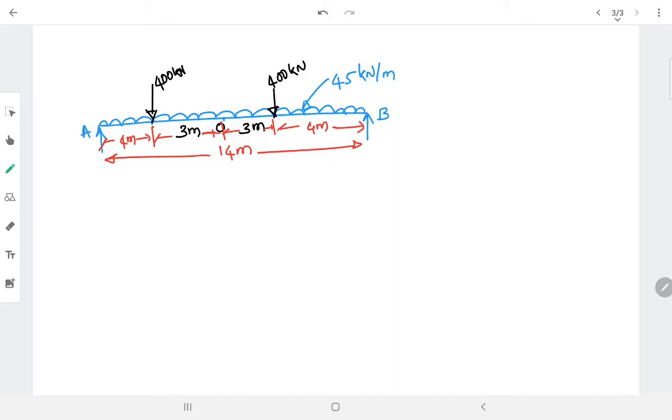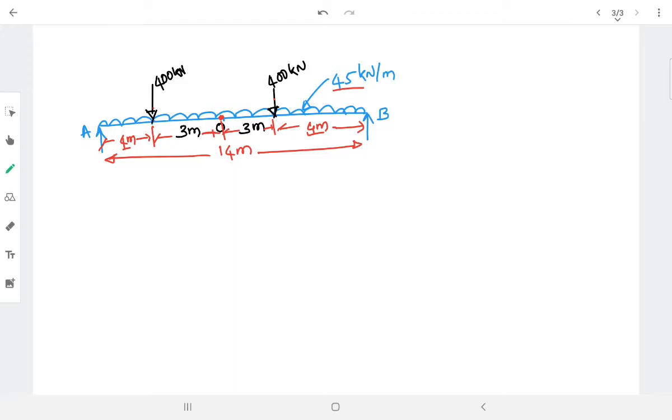So this is the line diagram of the plate girder on which the loading is done like this. You have seen in the problem statement, UDL was given 45 kilonewton per meter and 2 point loads are there which are at 3 meter distance on either side from the midspan. So this is the midspan of the entire AB. If I take this as AB and this is 14 meter, and he is telling this is 3 meter from here, first point load, and another one is again 3 meter. So remaining is 4 meter and 4 meter. This is how we have to draw the plate girder loading system. This is the line diagram of that.